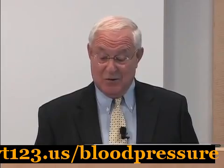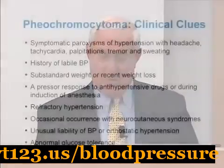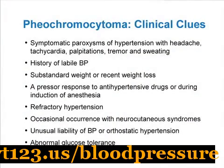And this is a diagnosis that is fun to make, and it's easily made by the family practitioner with these clinical clues. Pheochromocytoma, you all know about these clues: symptomatic paroxysms of tachycardia, palpitations, tremor, sweating, blanching, not flushing, labile hypertension, substandard weight. The board exam question clue always is a pressor response to antihypertensive drugs during the induction